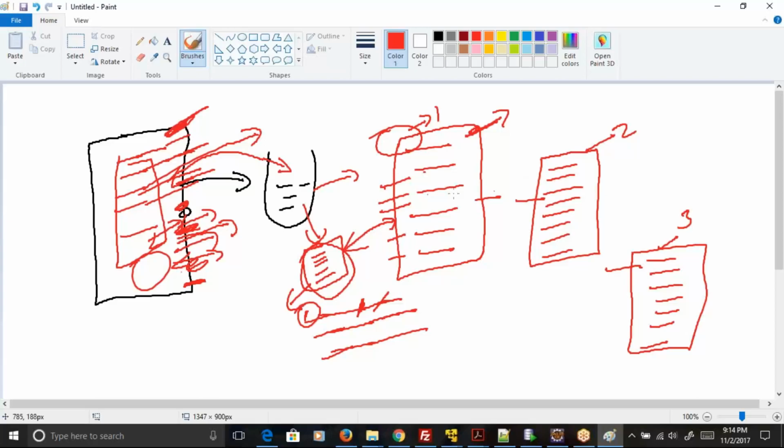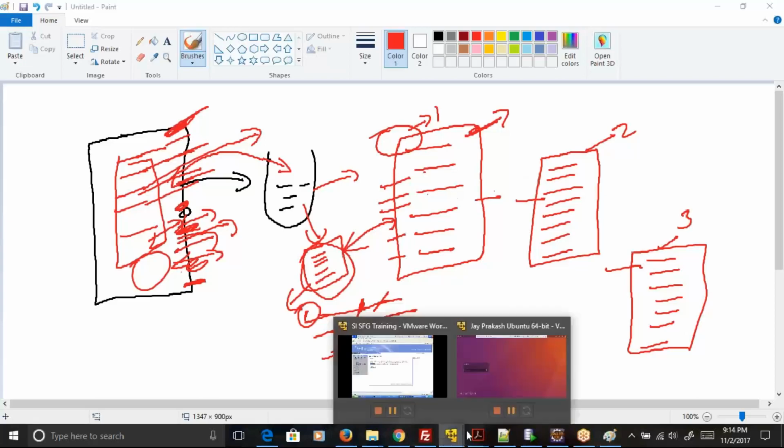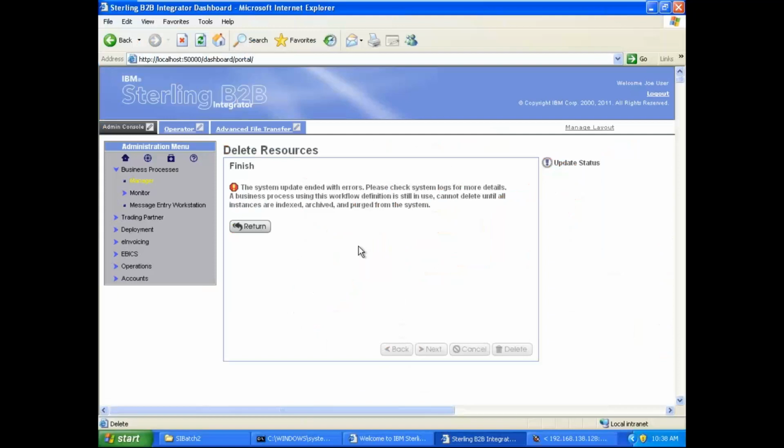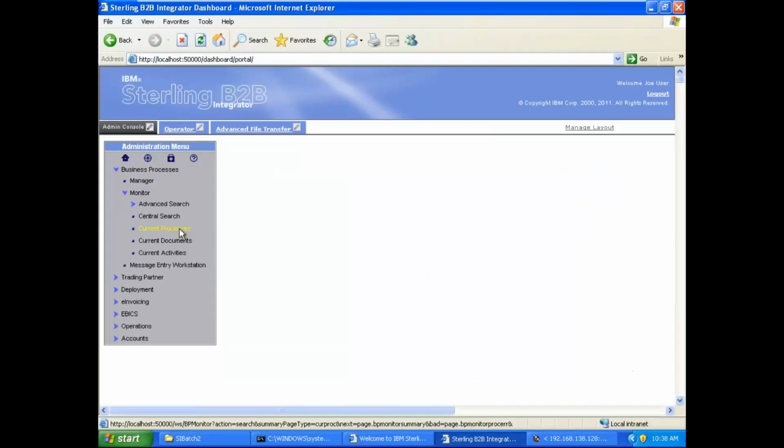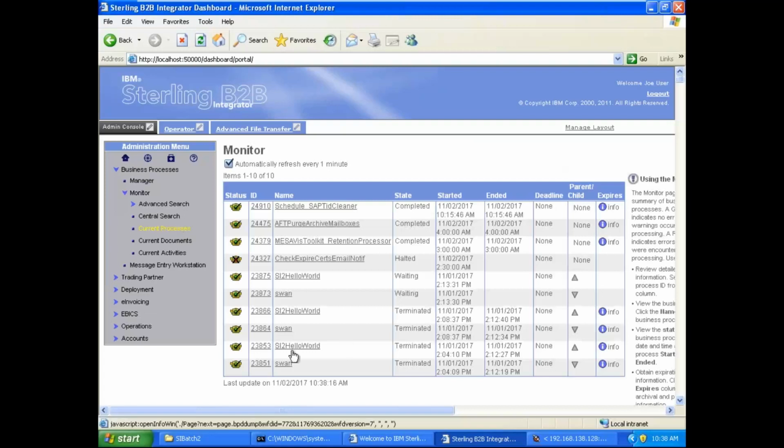Your instance and instance data. Now let me show what I explained just now, so that you better understand. If you come to the current processes, yesterday, if you remember,